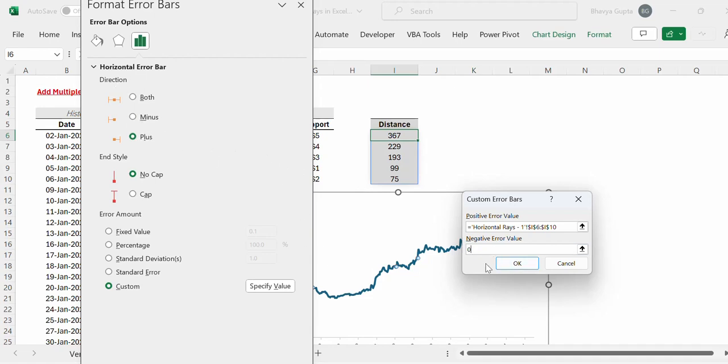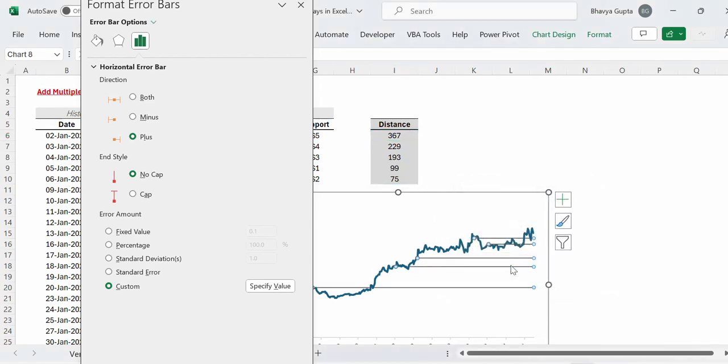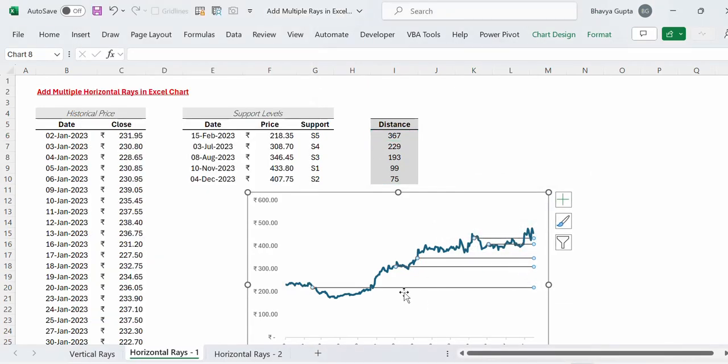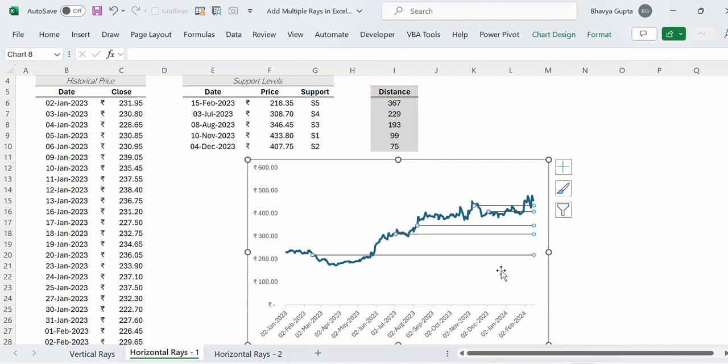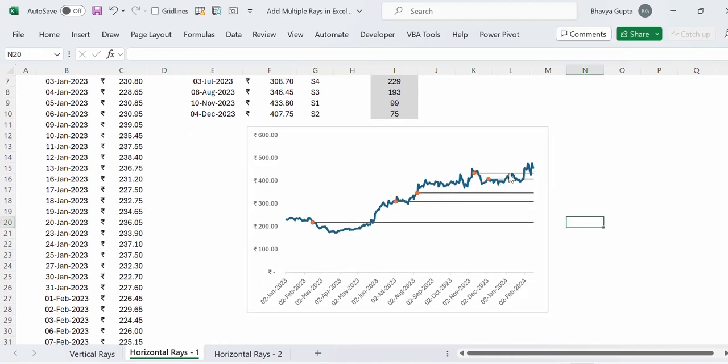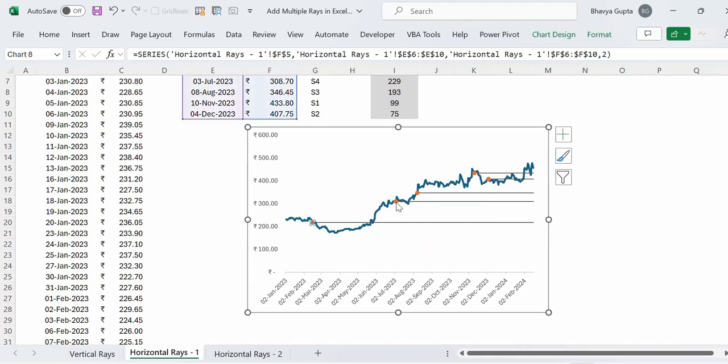So that doesn't matter, but we will specify 0 here. Let's click on OK, and we have the error bars inserted, and we have the correct distance here, right? As you can see, they are correctly linked here to the last. So now what we can do, we can select the scatter plot dots here, and let's press Ctrl+1 in order